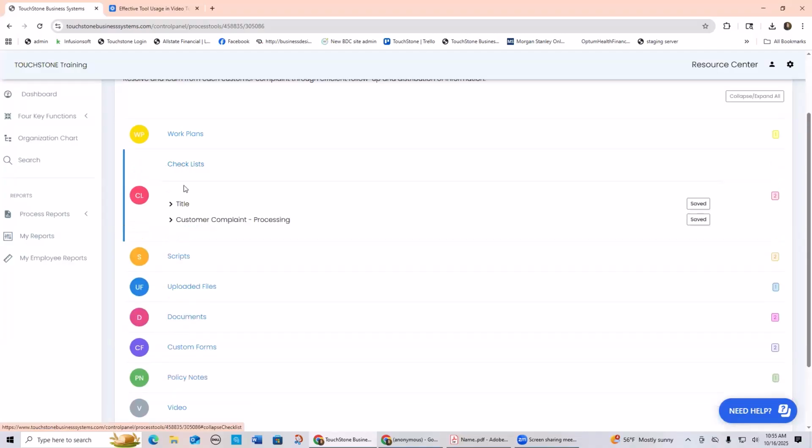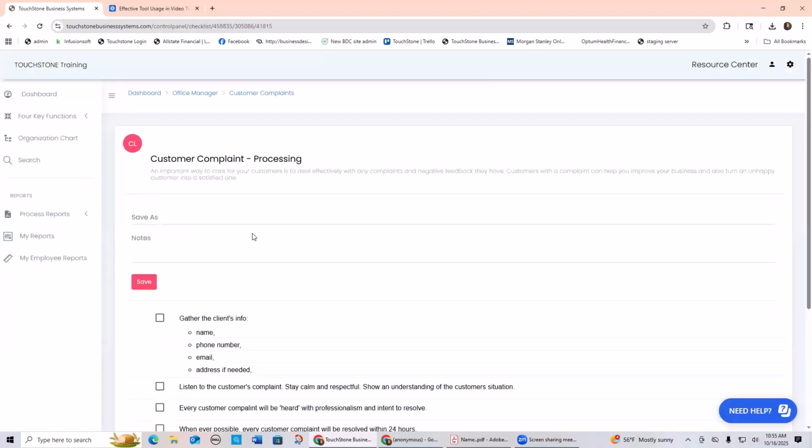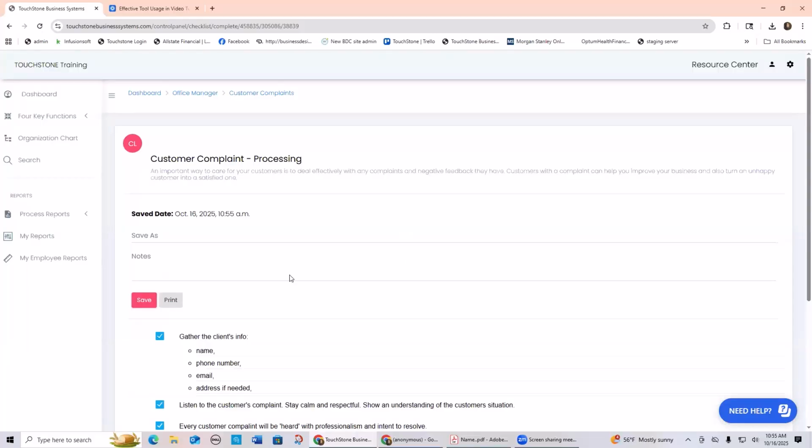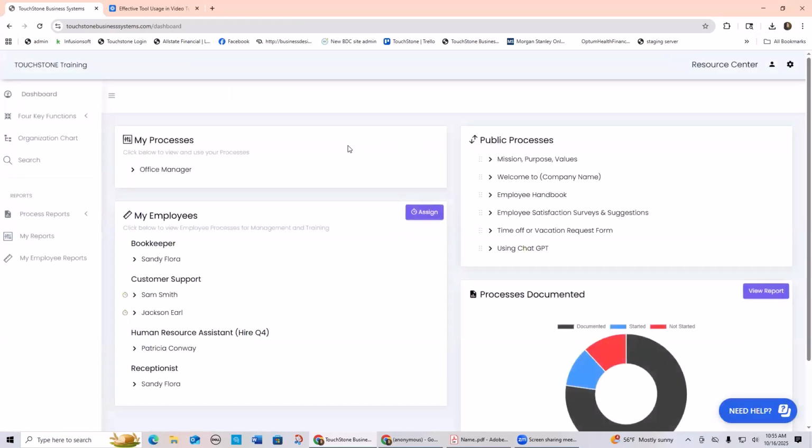So here's this checklist. If I click here, now this is live. So I can do a save as, and I can tick off these boxes as I do it. Then when I hit save, it saves a copy of this back to TouchStone and creates a PDF of it. I'm going to be showing you more about this in the next 2 following sessions. The last session is going to be all about the dashboard, but I just wanted you, in case you've never seen that before, to see